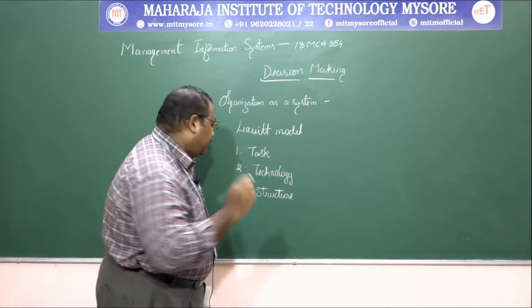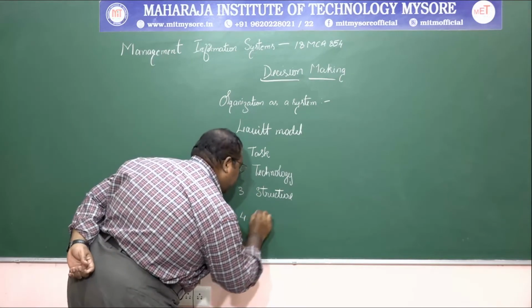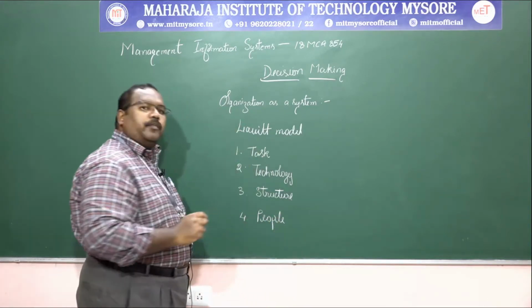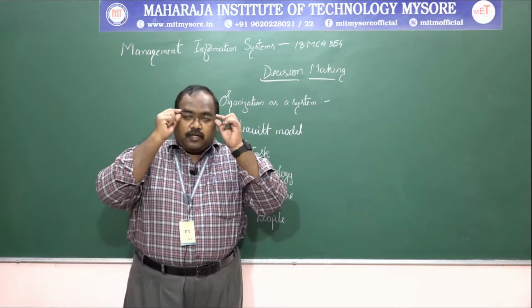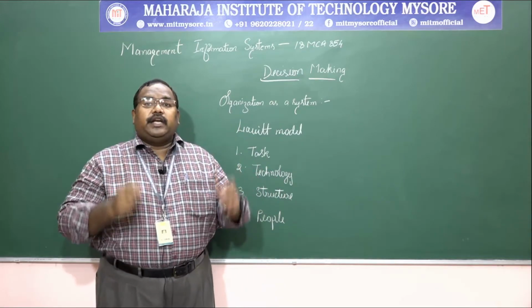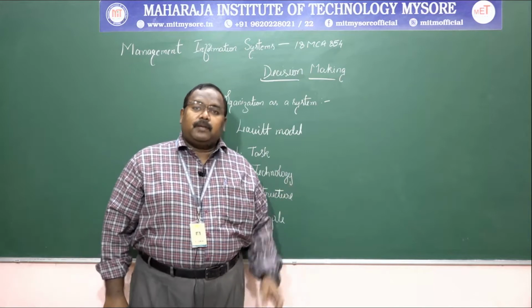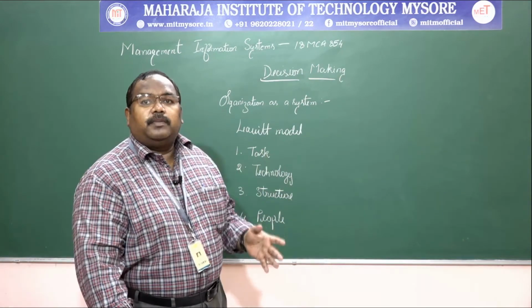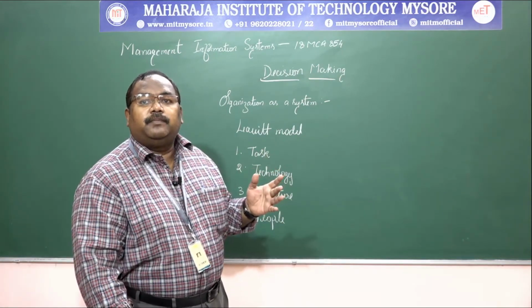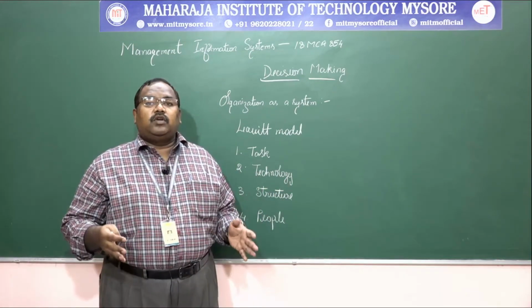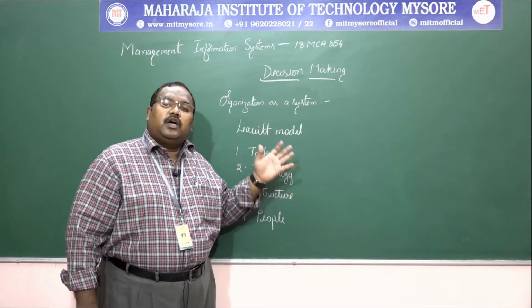And finally, the people. When we talk about people, a proper recruitment has to be done. The right kind of people are to be assigned the right job. So before assigning, we need to look into the temperament, the advancement and also the knowledge that is prevalent in the people. So we need to take the right person with the right sound of knowledge in order to work in an organization.